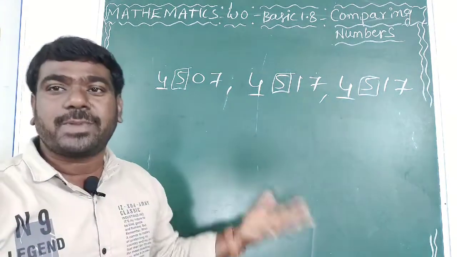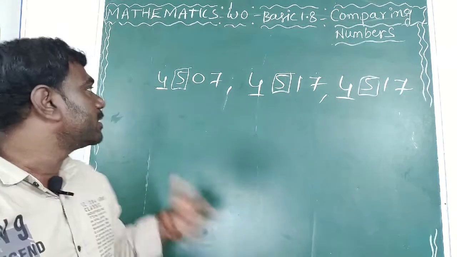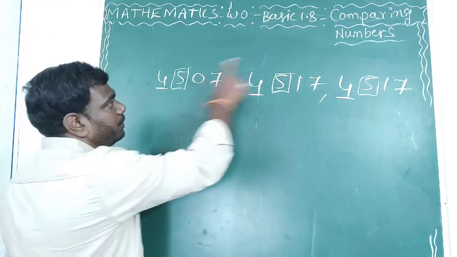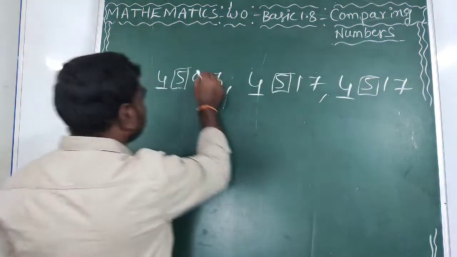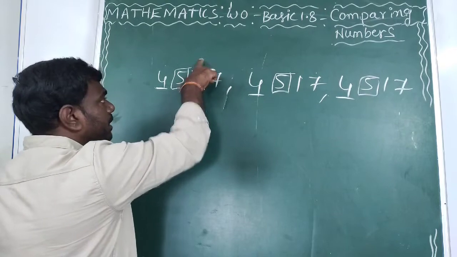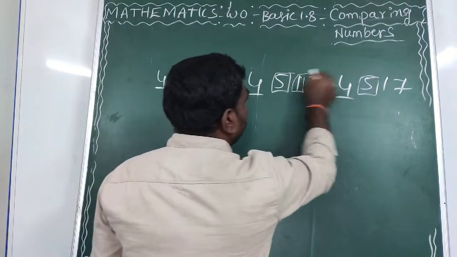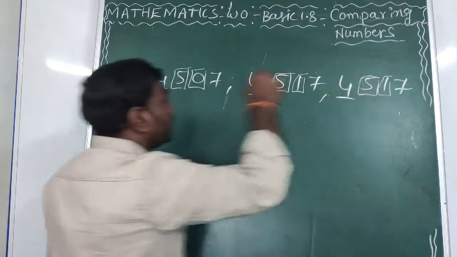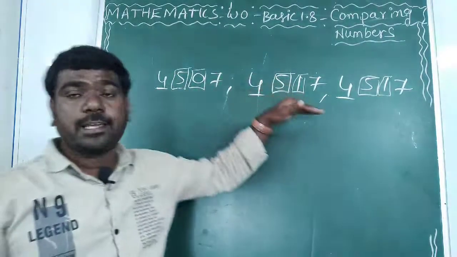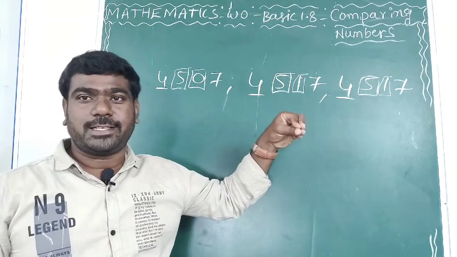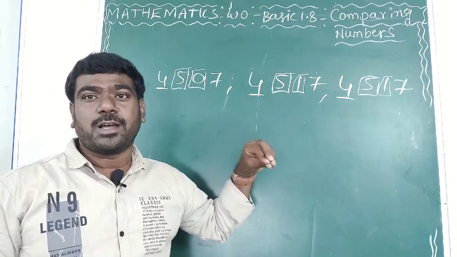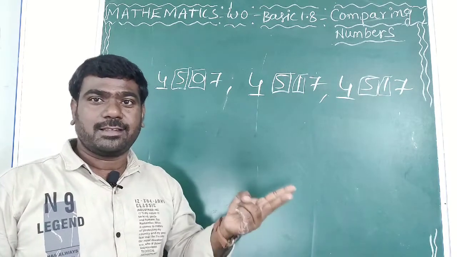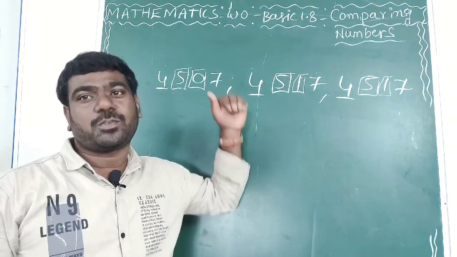Next, go to the next place. What should we do? Next place. What is the next place? 0, 1, 1. The next place is the tens place digit. Here 0, here 1, here 1. Can you tell me in this case which one is the smaller digit? We can write two ways, yes or no? So I am writing the smaller one first.